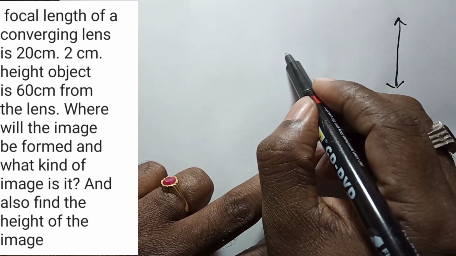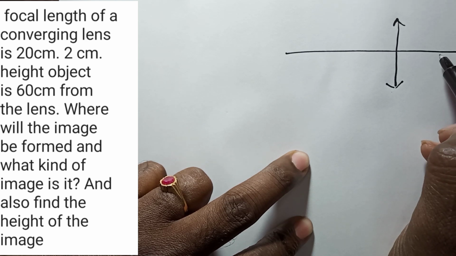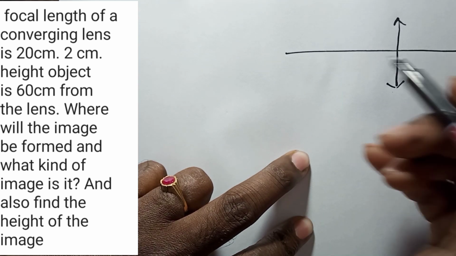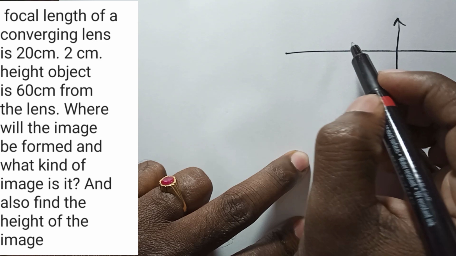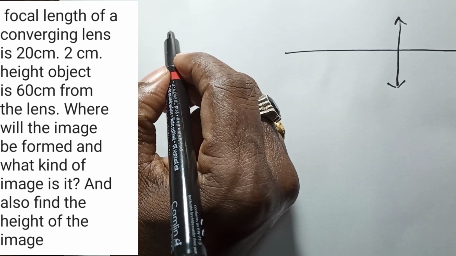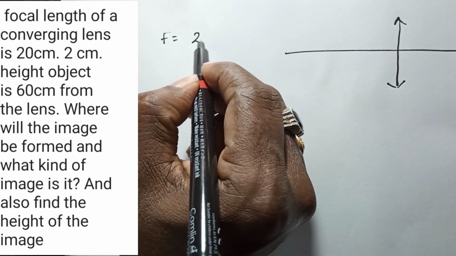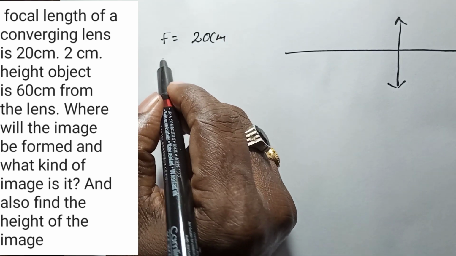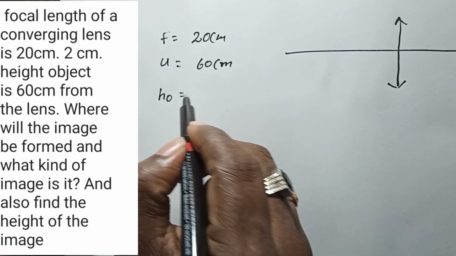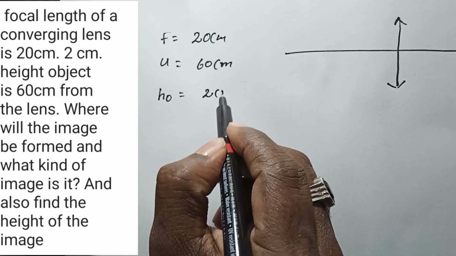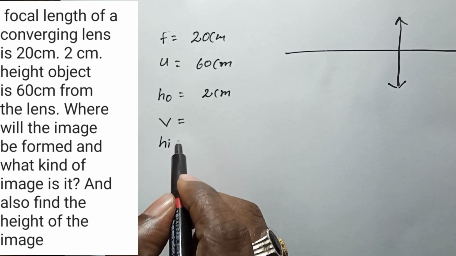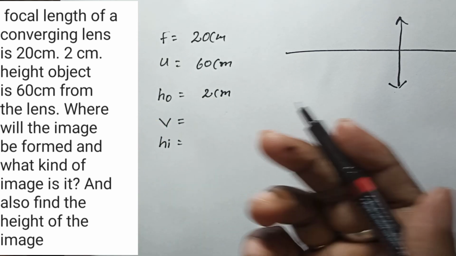From the given data, its focal length is 20 centimeters, meaning a converging lens. If you are taking the object on this side, then on that side we have to take the focus. In the problem they mentioned the focal length of the converging lens is 20 centimeters. f is equal to 20 centimeters, and the object distance is also given, that is 60 centimeters, and the height of the object is also given, that is 2 centimeters. We have to find the image distance as well as the height of the image. These two things we have to find, and we have to describe the